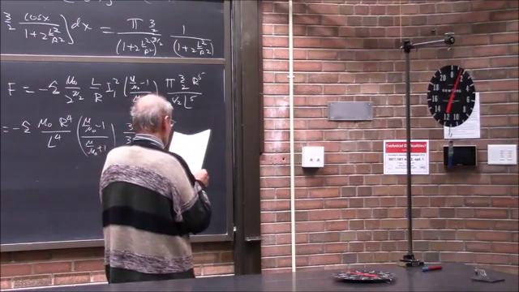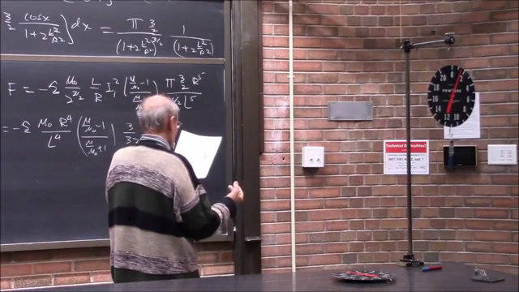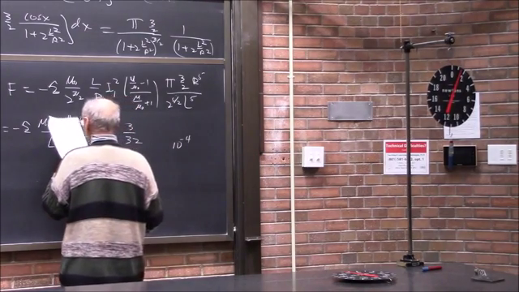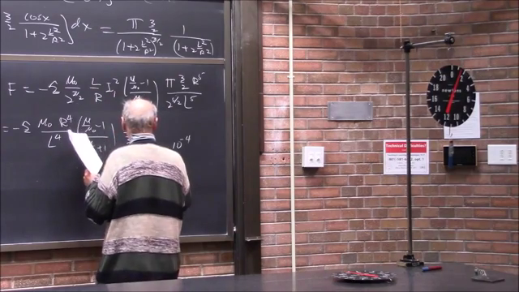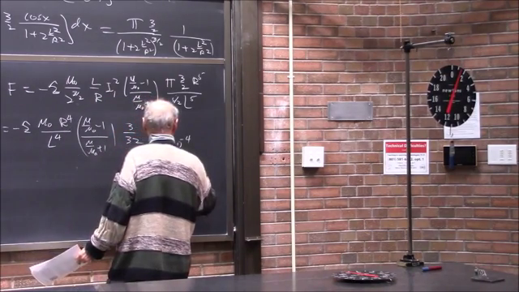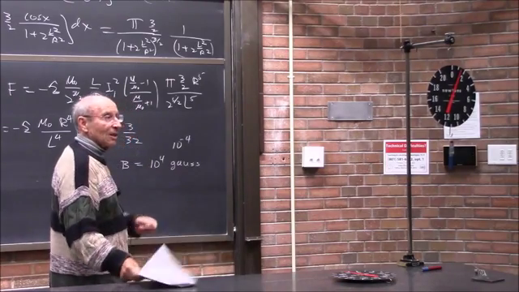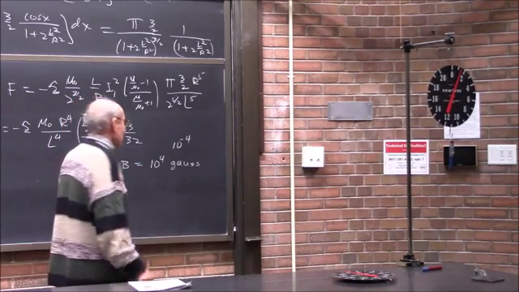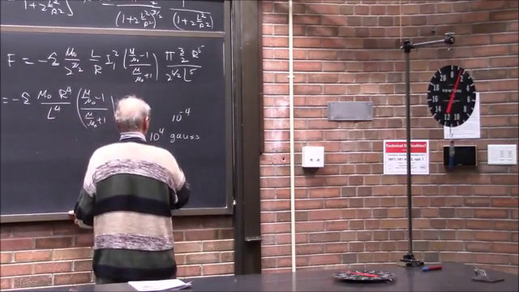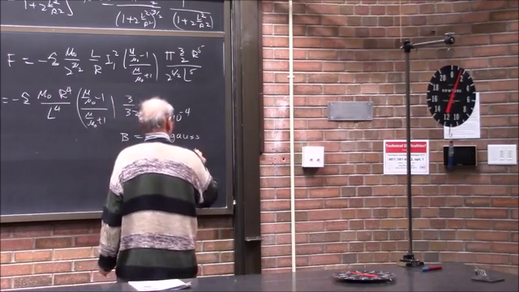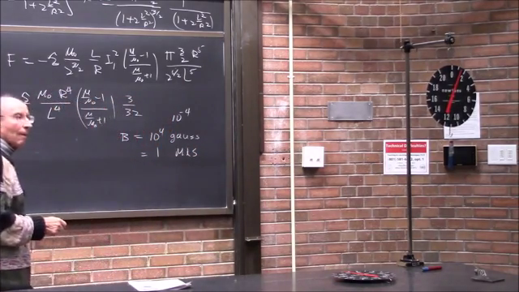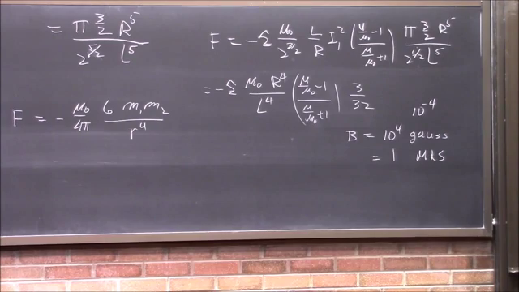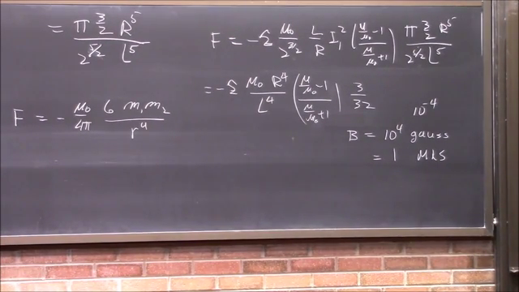Okay, what they've got here is the residual induction. And so you end up with the thing completely aligned. B in the magnet turned out to be 10 to the 4th Gauss. Now, the MKS unit is not the Gauss, it's 10 to the minus 4 of that. And so this is about 1 in the MKS units. It's about 1. What are MKS units? They're called Oersteds. And the units would be